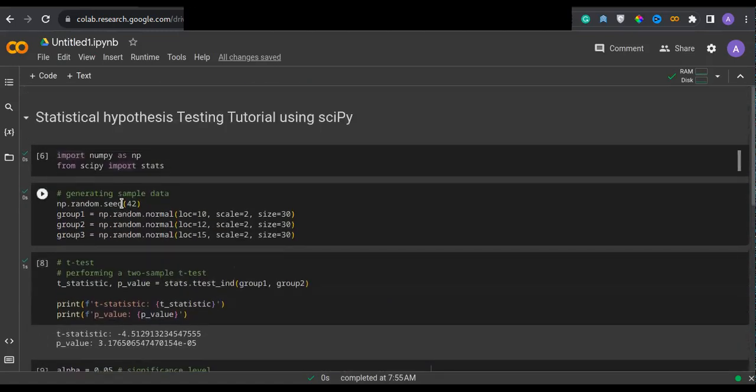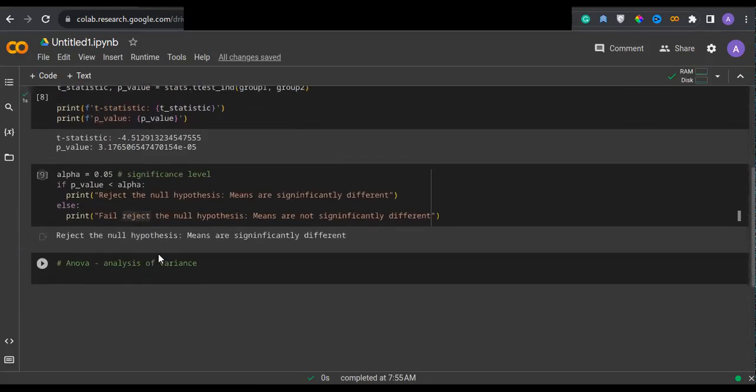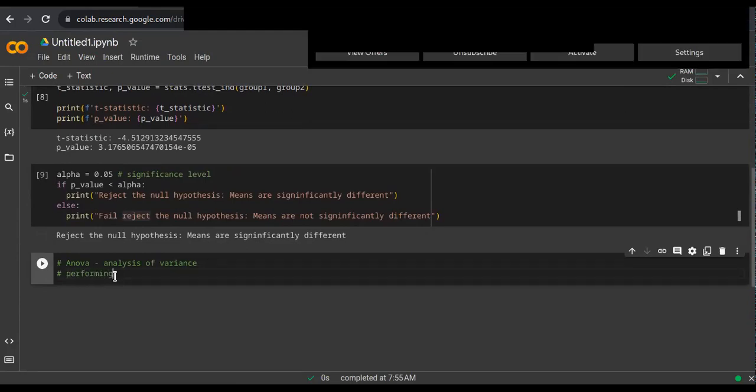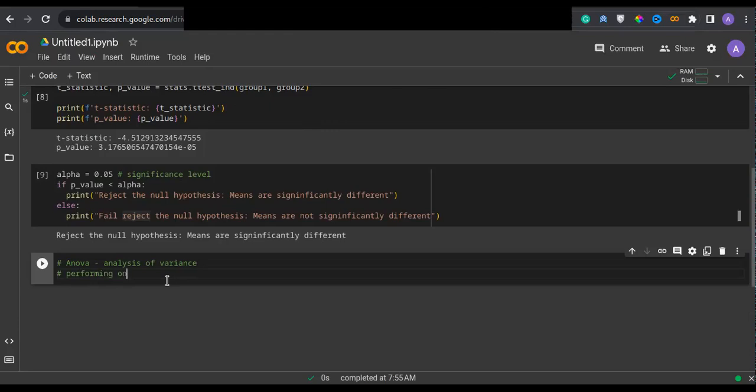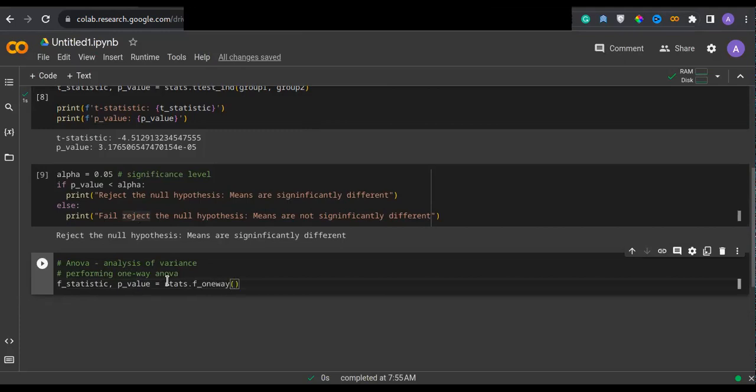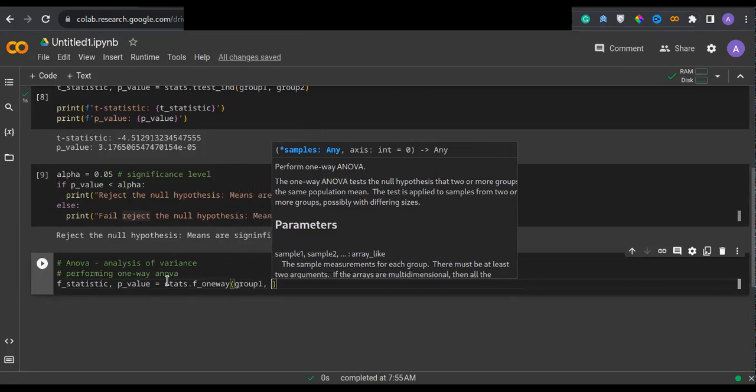In this case, I have just generated 3 groups of data, and I want to compare the statistical significance of the 3 groups using ANOVA. Okay, let's do it. Performing one-way ANOVA. First, let's find the F statistic and p-value. There is a function, stats.f_oneway, and I just pass group 1, group 2,